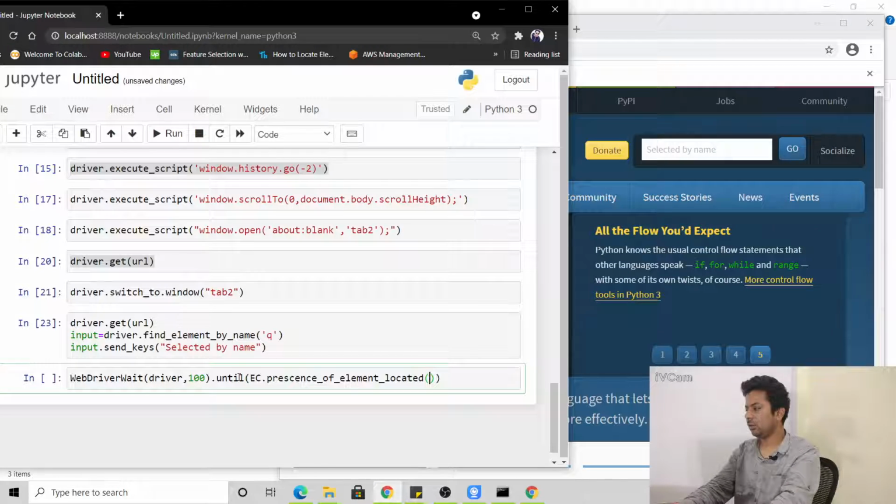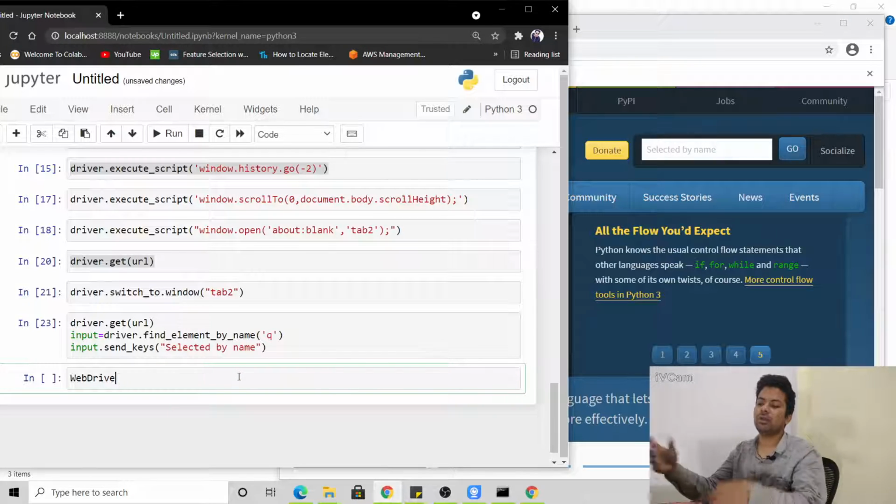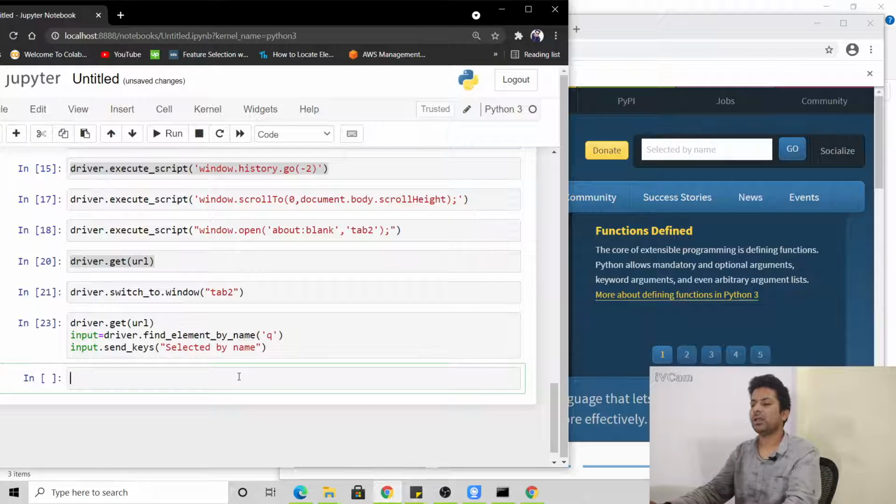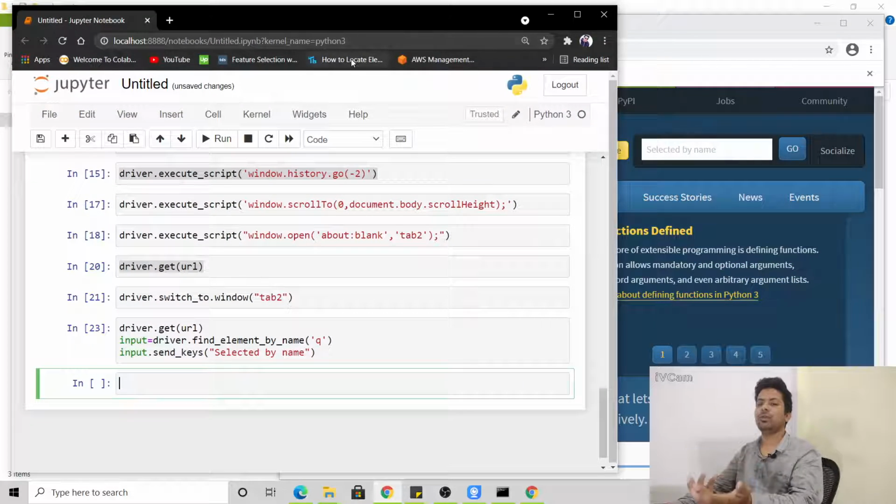Whatever you want to give it here, like By, it can be heavy for you to write, because you have to go for a big website. So you can just google how to wait for the element, and you can wait for it here.